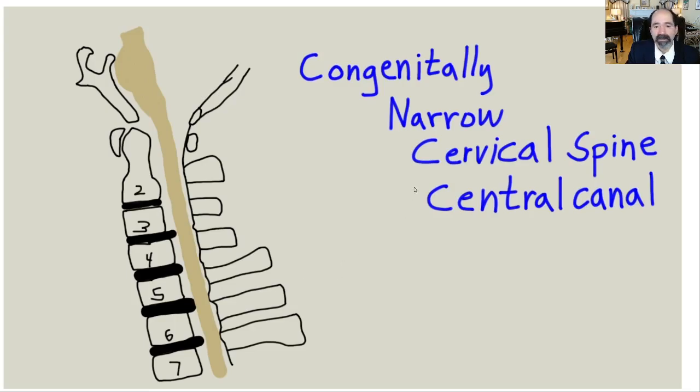And why am I showing you this? Because some people have a congenitally narrow cervical spine central canal, meaning that the distance between the back of the spinal canal, the ligamentum flavum it's called, and the disc and the bone, the vertebra, is very small. So all it takes is a little disc bulge and boom, it's pushing on their cord. When the cervical spinal cord is pushed on, you can get a myelopathy. Myelo means for cord, okay? Radicular means like a root, so radiculopathy means extending out to a nerve root to your hands or to your feet. That's a radiculopathy. A myelopathy is compression of the cord,